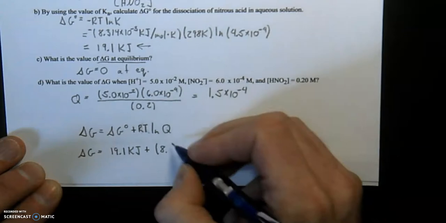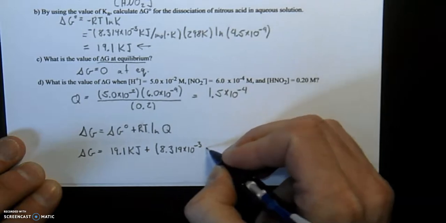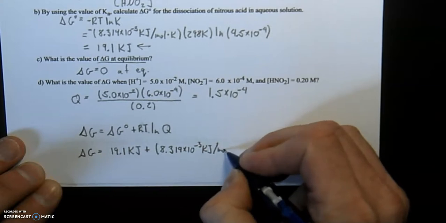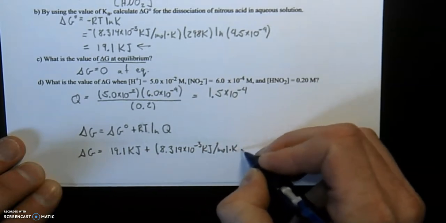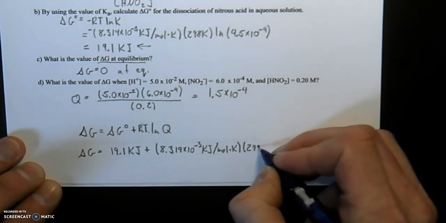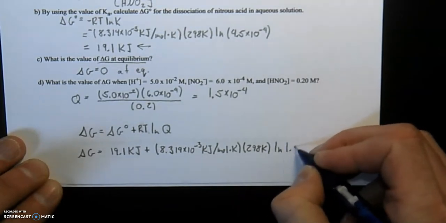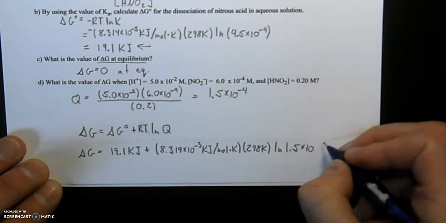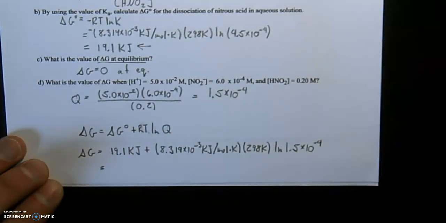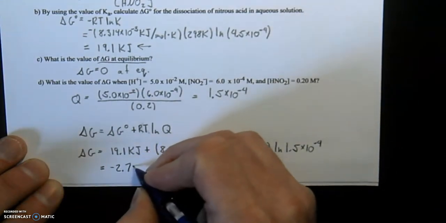There we go. 8.314 times 10 to the negative 3, again kilojoules per mole per Kelvin, times 298 Kelvin, and natural log of 1.5 times 10 to the negative 4, which is of course from above. If we run this calculation with these changing conditions, that will give us negative 2.72